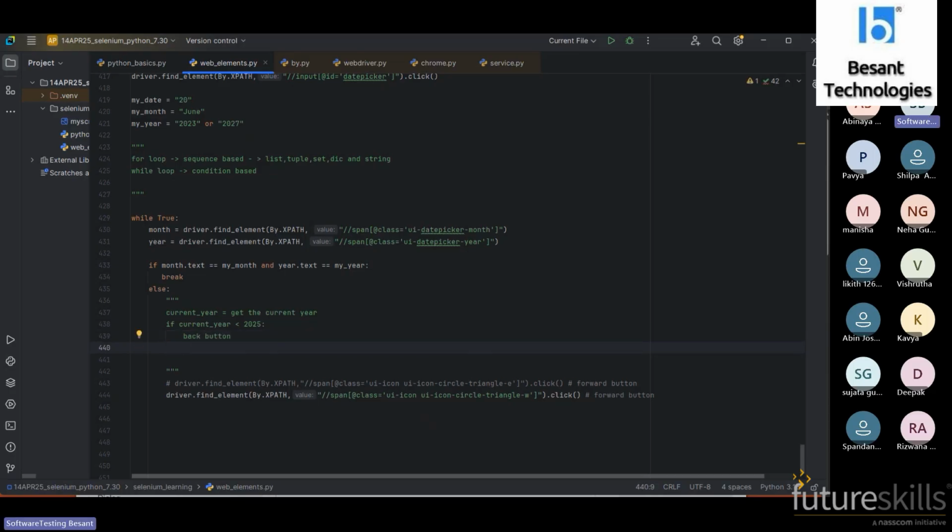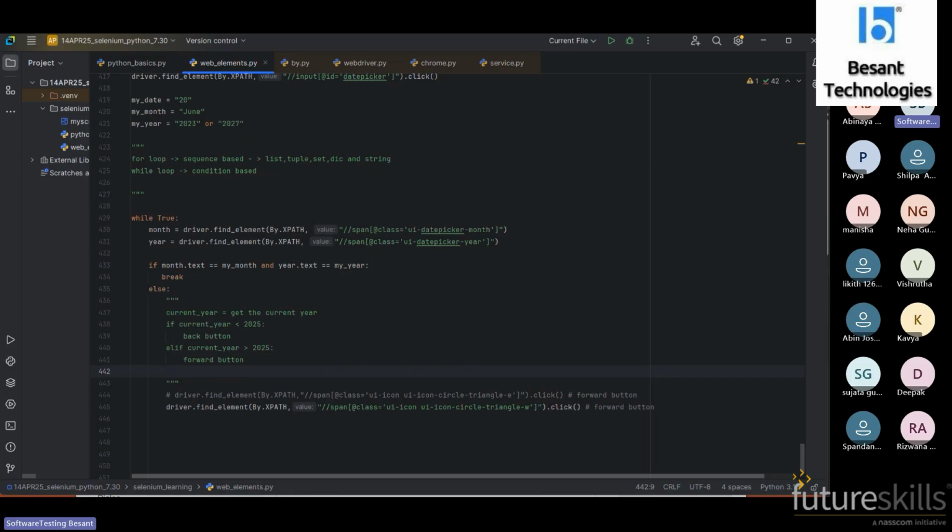Either we can go with else or elif. I'm going with elif and checking whether the current year is greater than 2025. Then we are supposed to click the forward button. Or we can go with the else condition.